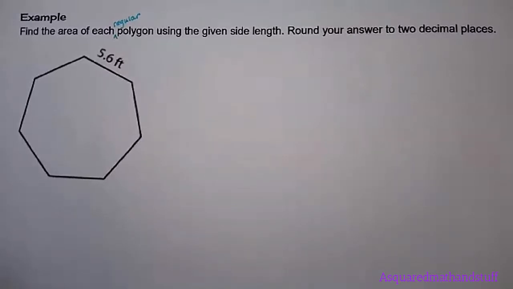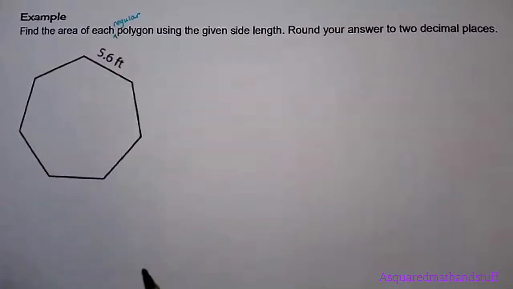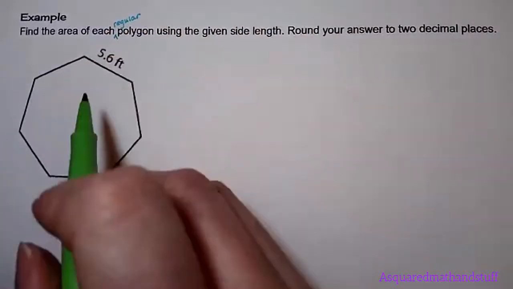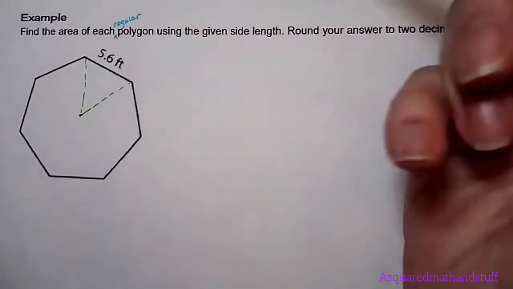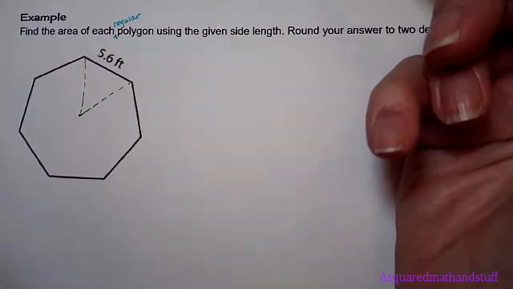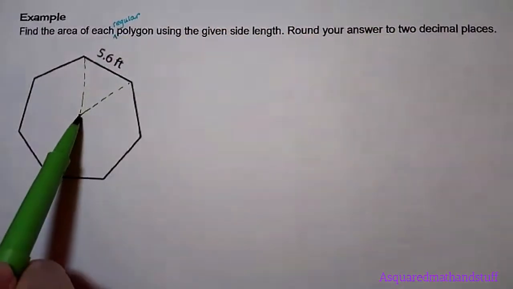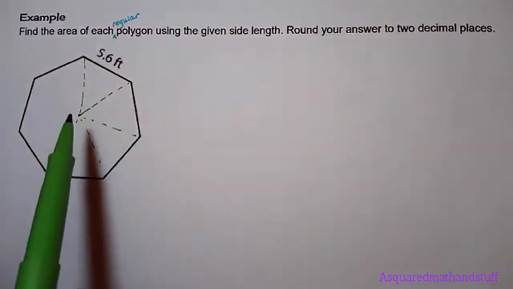This example here, we are still focusing on calculating the area of regular polygons. In this example, though, we are only given a side length. So what I want you to think about is it looks like we're not given a whole lot of information, but start thinking back to the other two examples that we did. The other two examples we created triangles from the center of our polygon. And with those triangles, we were able to figure out a bunch of different information. So it doesn't look like a whole lot right now, but when we start to think about all of these triangles that make up this heptagon, because we have a seven-sided figure here,